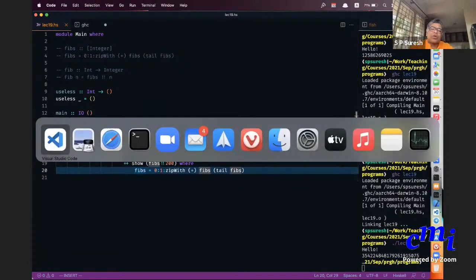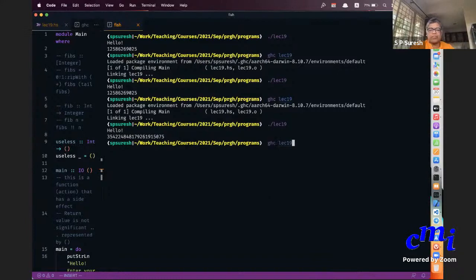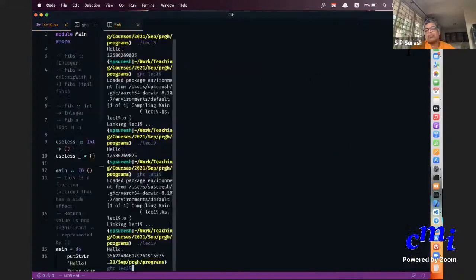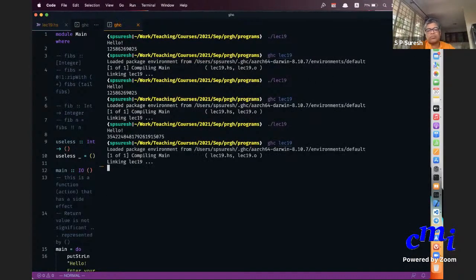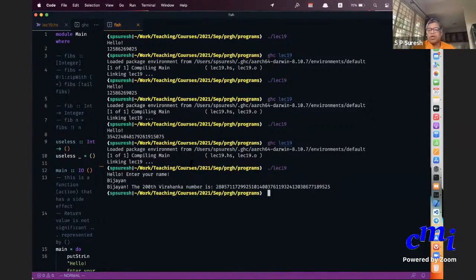Okay, so let's compile this and let's see how it works. Have I saved it? Okay, now it's asking you to enter your name. So I'll enter a name. Whatever name has been entered, this is what I entered, and this is what it is printing. So this is very, very rudimentary user input and output. You get some user input and then you do the same thing.